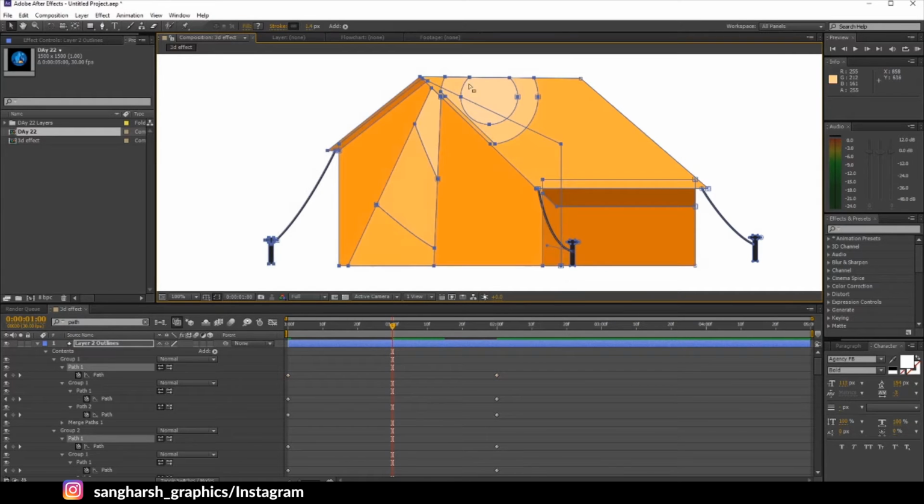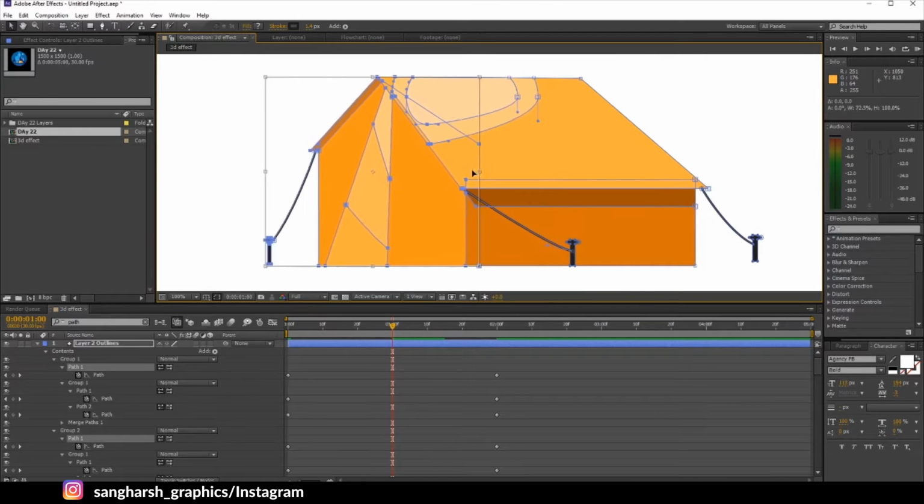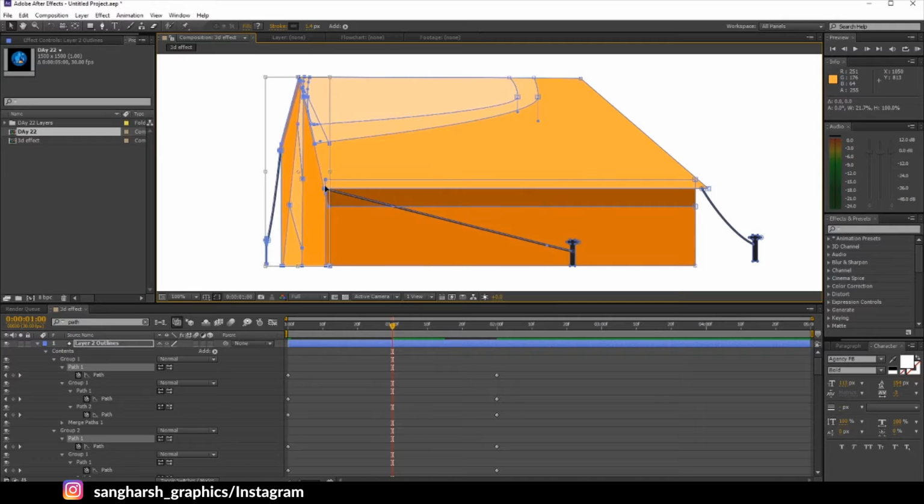Just select this area. After rotation, this door side will become small and the side area of it becomes big. So select this area, press Ctrl T to get the transform box and just squeeze it like this. Yeah, like this. Hit enter.